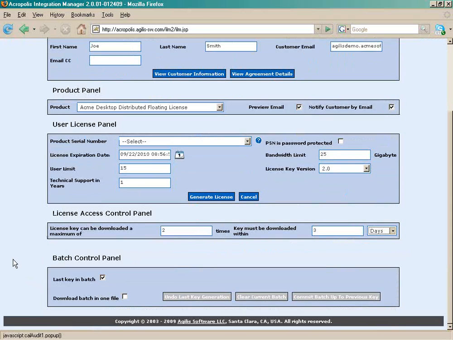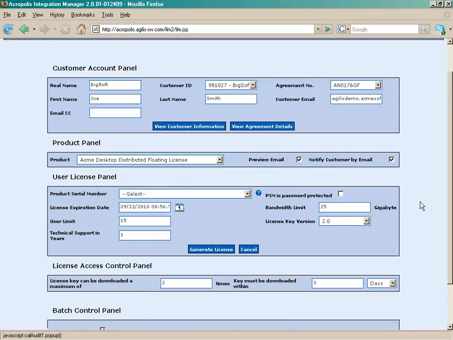The other mechanism down here is the batch control panel, which is always available. And this is to deal with the scenario where, say, somebody is buying 5 licenses from you that are set up individually. What you can do with the batch control panel is, instead of setting up a license, saying go, sending them 1 email, setting up license number 2, go. Instead of that user getting 5 emails, you can be saying for the first 4, this is not the last key in this batch. I'm doing a batch. So you generate 1 license, generate the second, generate the third, generate the fourth. When it comes to the 5th, you'd say, yes, this is the last key in the batch. So that end user is then going to get 1 email with the details for all 5 licenses in it, so you don't have to flood them with emails.